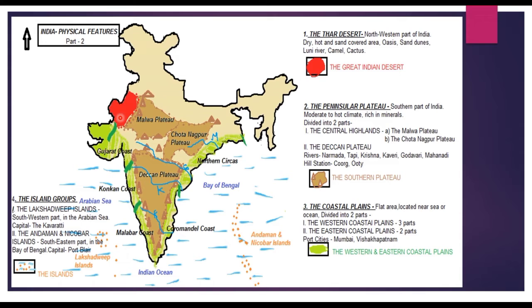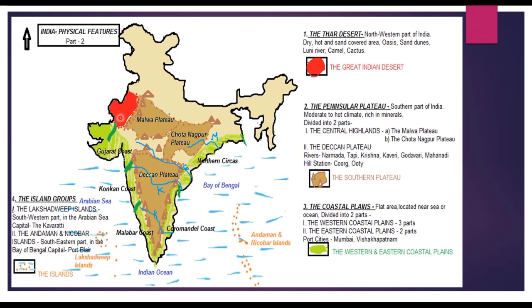The Thar Desert has an extreme type of climate. During summer, the days are very hot while the nights are cooler. In winter, the days are warm but the nights are very cold. The desert is almost dry because it receives very little rainfall. River Luni flows through this region.